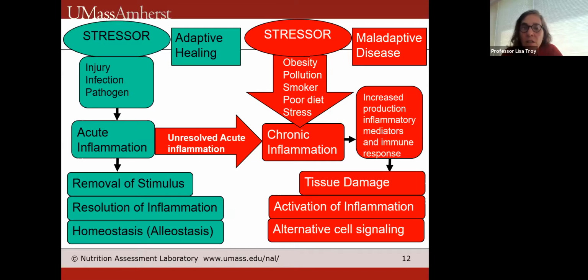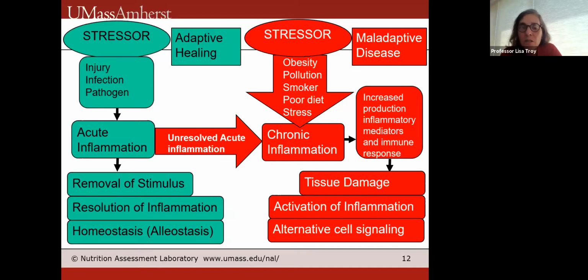There is poor diet. We know there's an anti-inflammatory diet that's been put around, or just eating foods that are higher in sugar, higher in fat, will have a direct impact on the body's inflammation. They also could lead to obesity, which is a chronic stressor. A lot of inflammatory biomarkers, especially visceral adiposity, the central adiposity, the belly fat, is a source of these inflammation biomarkers that really lead to disease risk, more so than fat in other parts of the